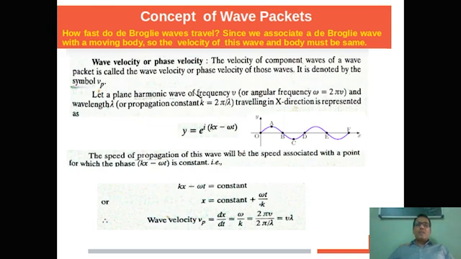In general, the velocity of a wave is calculated by its phase velocity. For the calculation of phase velocity, here we will perform a simple mathematical derivation. Let's take a plane wave of frequency nu, where omega is the angular frequency, and wavelength lambda, which can be correlated with the propagation constant or wave constant k, that is 2 pi by lambda, traveling along the x direction as shown by this curve.